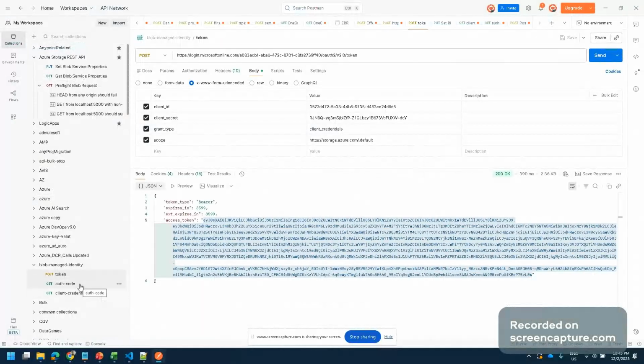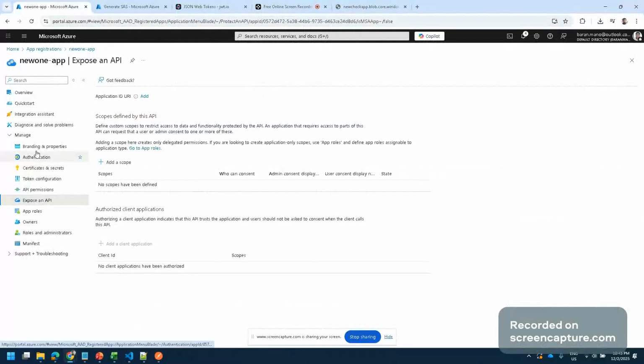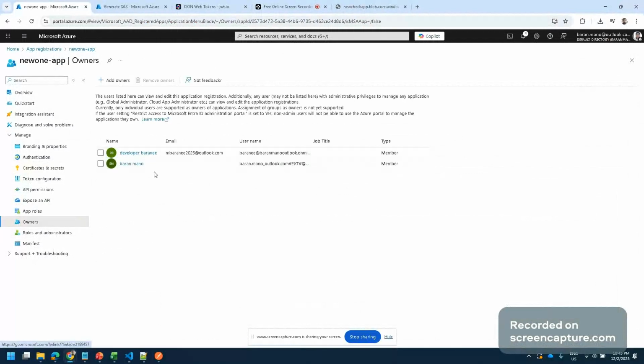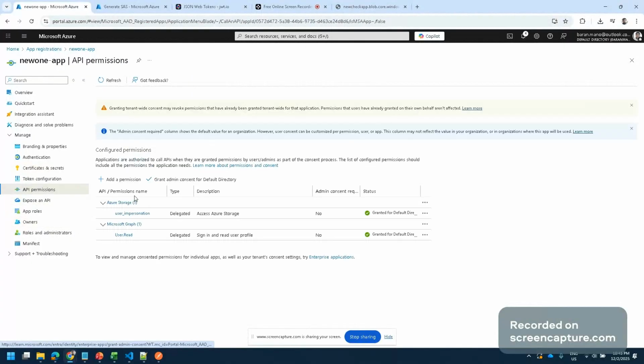If you're going to use auth code, then the steps are: generate the app registration, go to the owners and add. I have added the member here as an owner, I don't know if this is the proper way, so that when he logs in, he gets the permissions to access this scope, the API permission, user impersonation. That is for Azure Storage access. And for these owners,